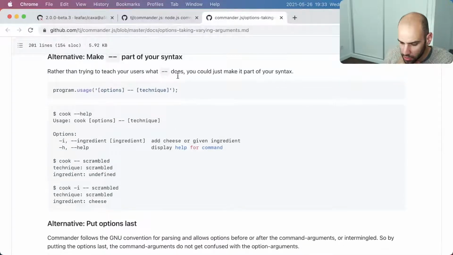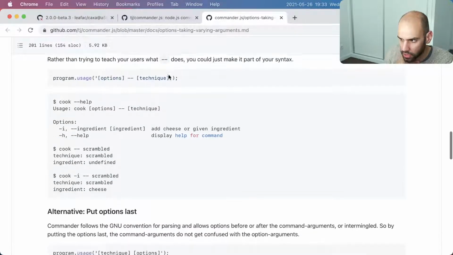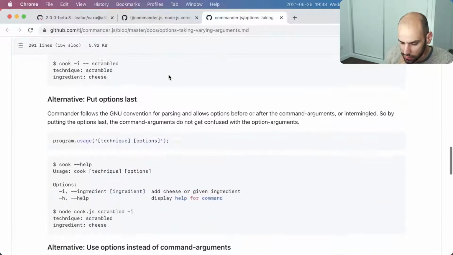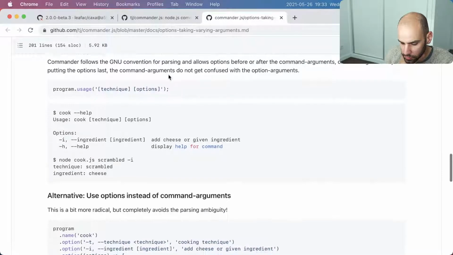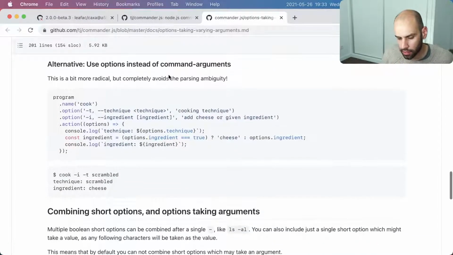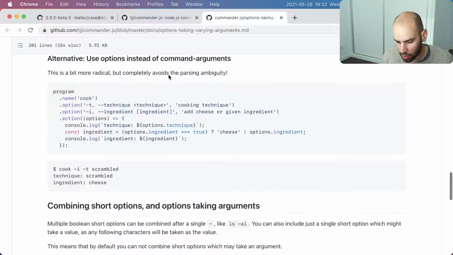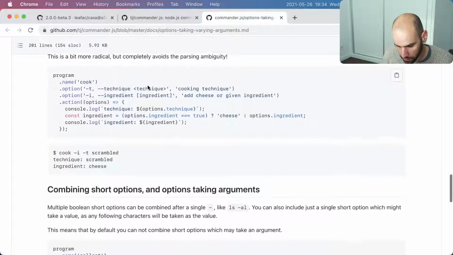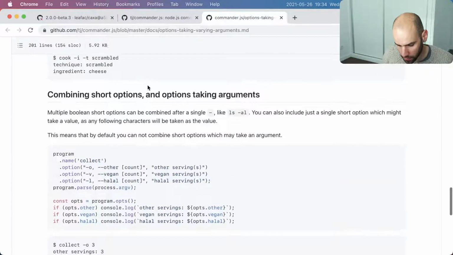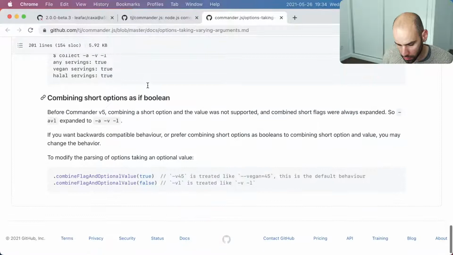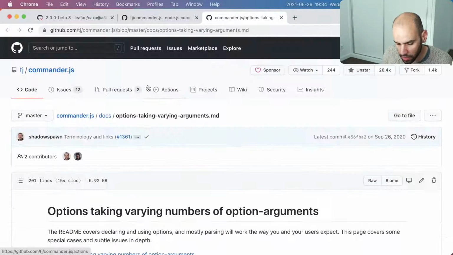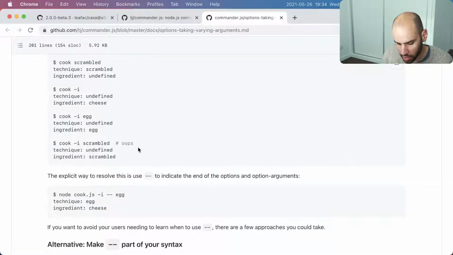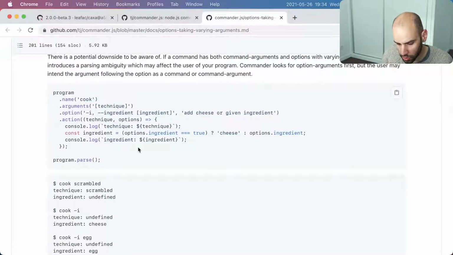I'm not leaning towards this because this is an edge case, and in most cases it will just work. Use options instead of command arguments. Okay, a lot of things can go wrong, but I think that this solution of just using the dash dash is good enough.